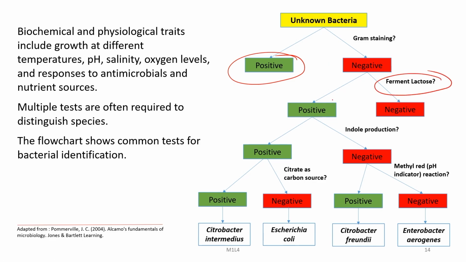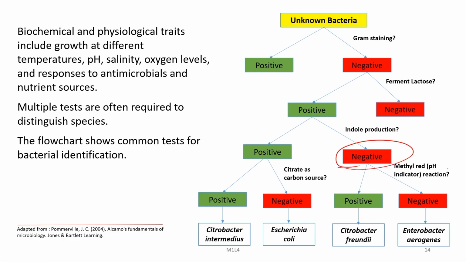If the answer is yes, we will go for further characterizations. If the answer is negative, we will stop there and take some kind of a decision. If the answer is yes, it can ferment lactose, we may go for testing another metabolite. Does it produce indole? If the answer is no,